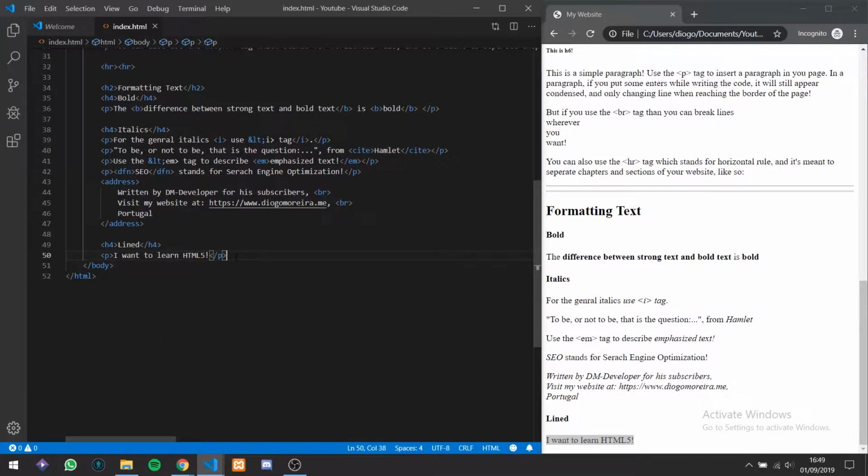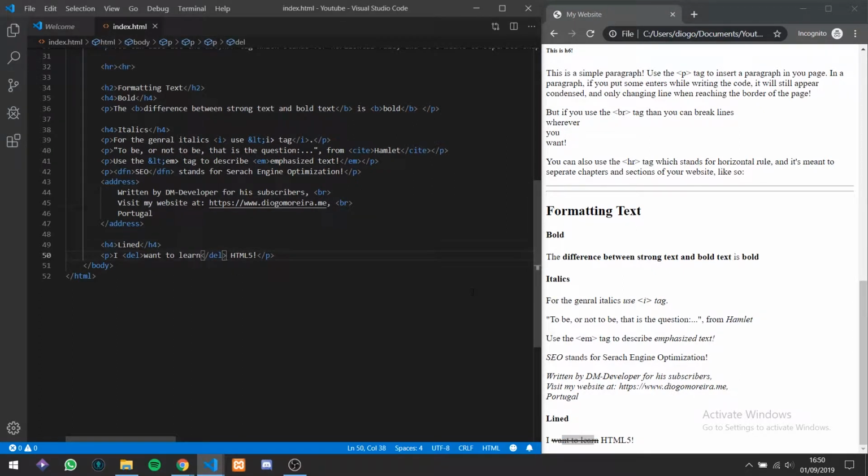So in a document, if you want to line out the old text and now insert the new text, the one that is correct, you can come here and use the del tag that stands for delete, and here put I want to learn HTML5, and you'll see that I want to learn is